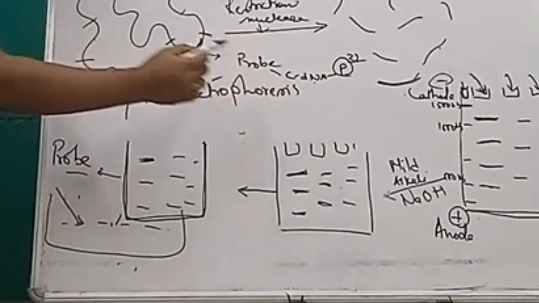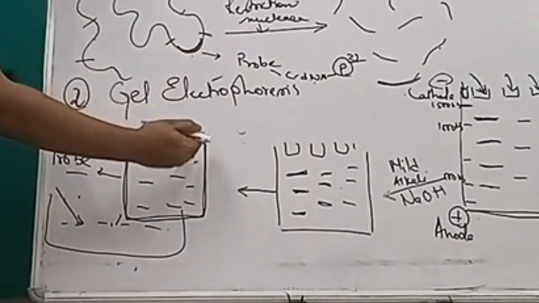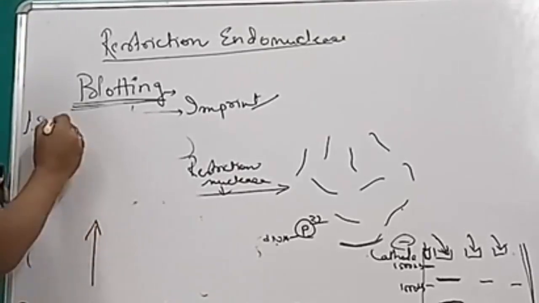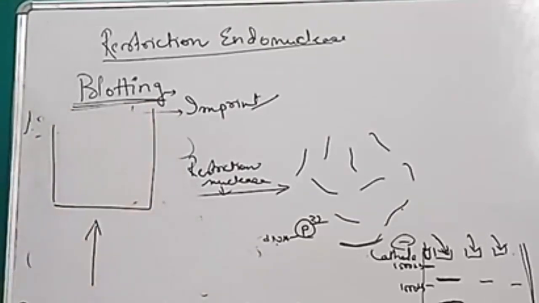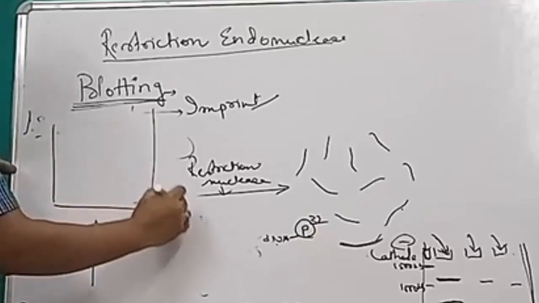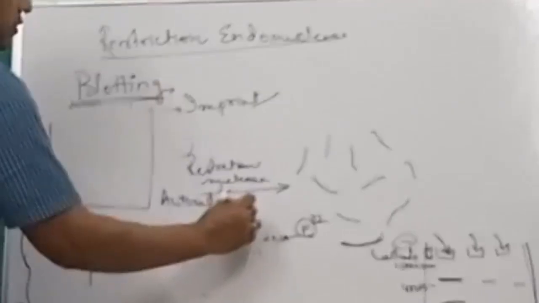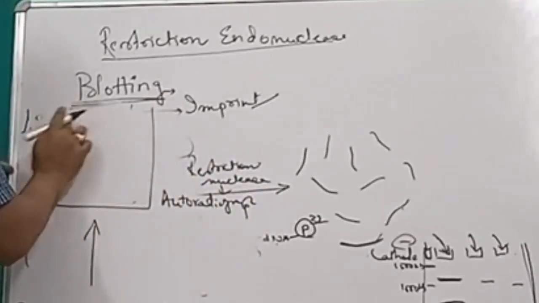This complementary DNA is complementary to the gene of interest, and we are putting this cellulose paper in that, submerging it into the probe solution. After that we are going to take the cellulose paper out, say here, and then we are going to examine it. If you are using a radiolabeled probe, we are going to use autoradiography. So what will happen is,